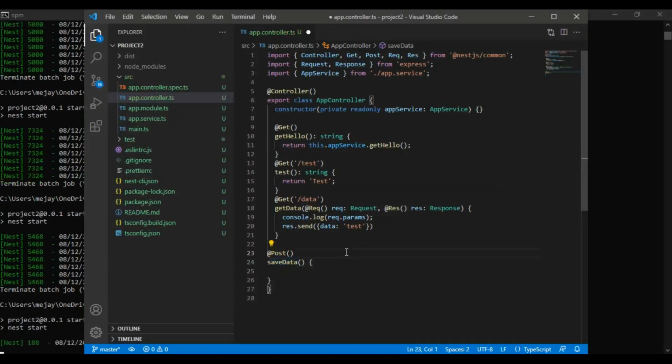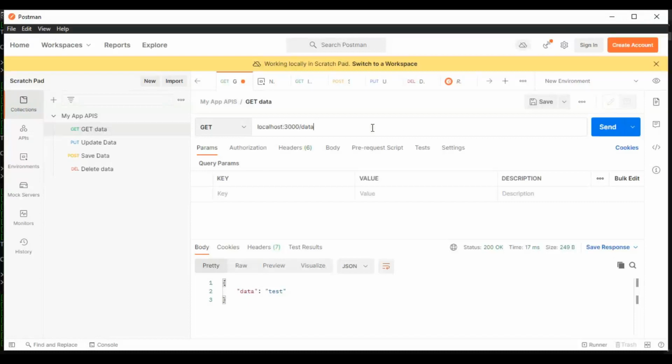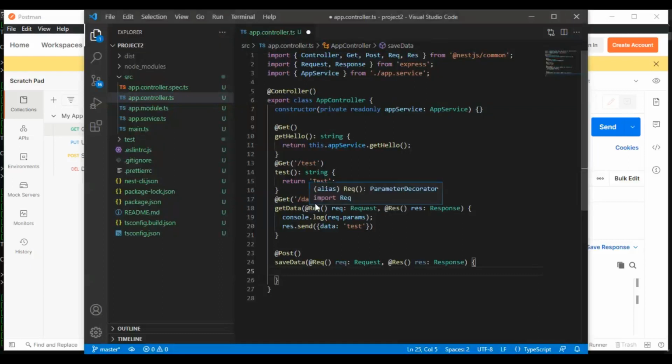Save data, this will be our method. Here we need request and response of this. It will be like that. Copy this. Okay, so now our server is started. Let's test whether these params are working or not. But we haven't mapped that to this URL. We need to map that like ID, and then only it will come here. Params.id will be accessible.